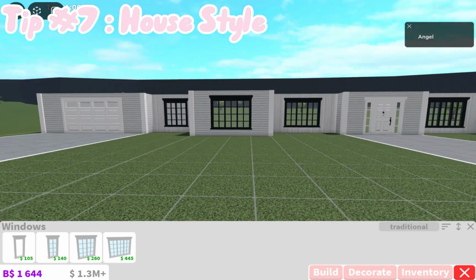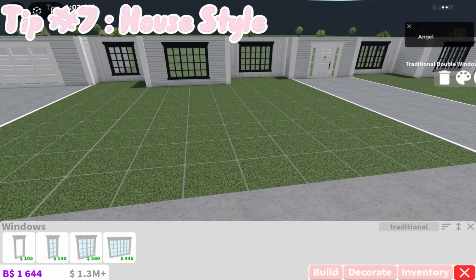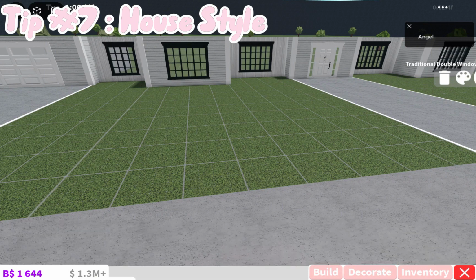So for plants, oh my god, I don't even know what tip I'm on. I think this is number 9. If it's tip number 9, I'm gonna just say that. But if I'm wrong, I'm sorry. I think tip number 9,